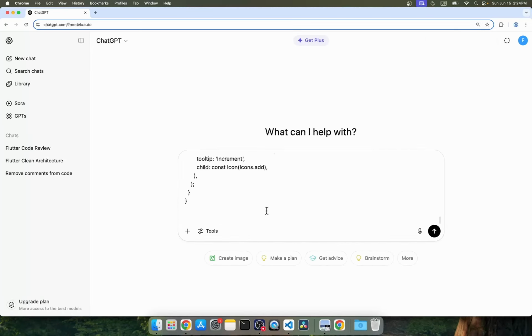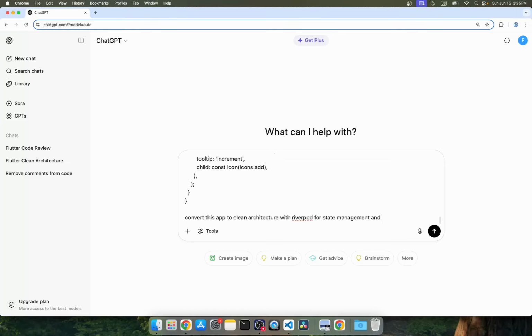So we say, convert this app to clean architecture with Riverpod for state management